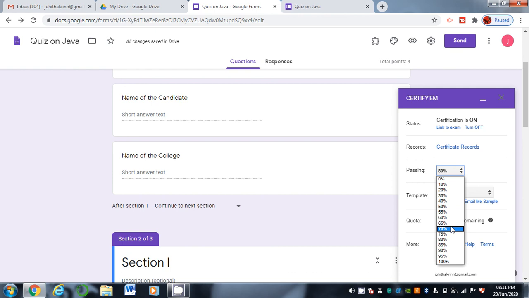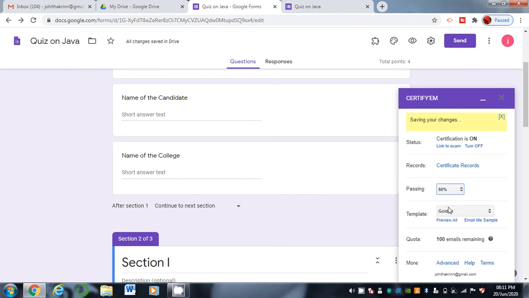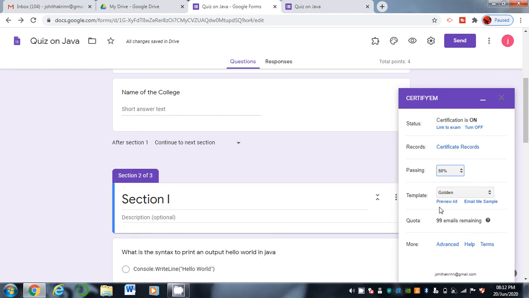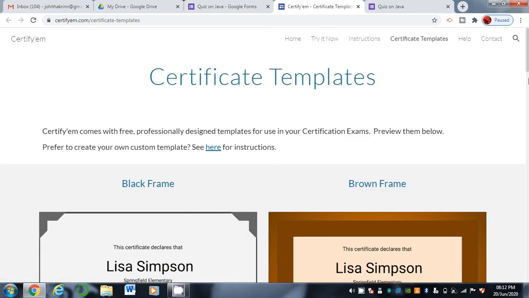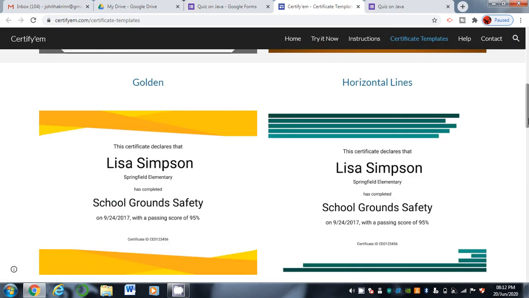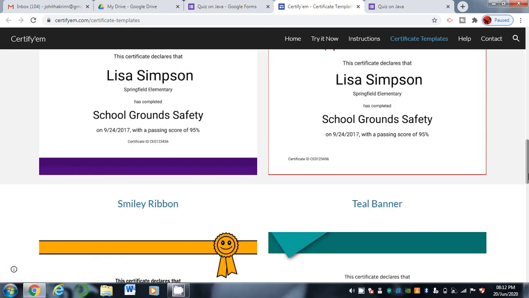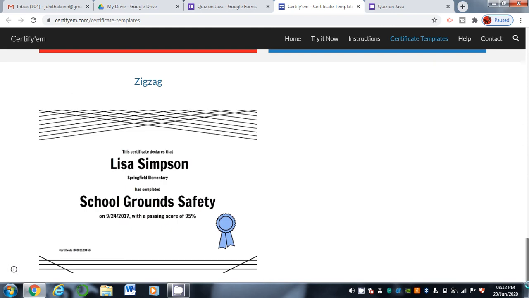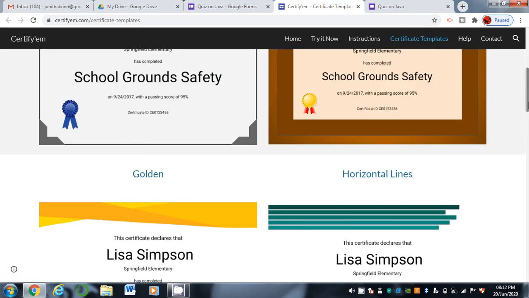So I want to give the pass percentage as 50%, and these are the predefined templates here. You can see which type of certificate you want. That particular certificate you can select from the option.